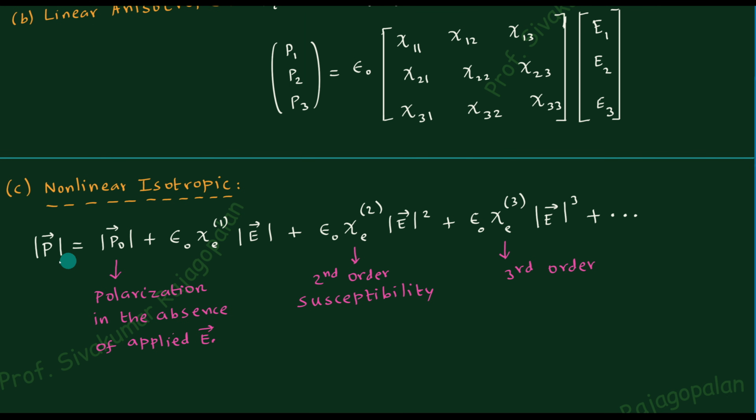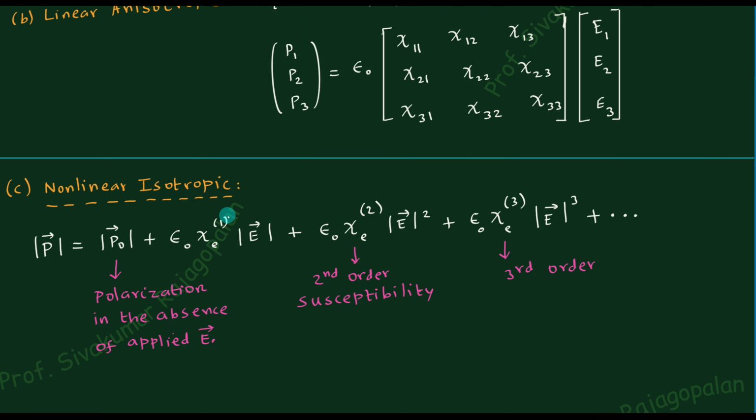So the total polarization, that's what it means. The total polarization of the dielectric material will be equal to the sum of all this combination because of the various powers of the electric fields. That is the meaning of this expression. And the first term is only due to the nonpolar material. Nonpolar material means that with the applied electric field 0, polarization is also 0, in which case this term is 0. Polar molecule means this will be non-zero. So when you add that term, you are bringing the polar molecules also into one expression. That is the reason for that.